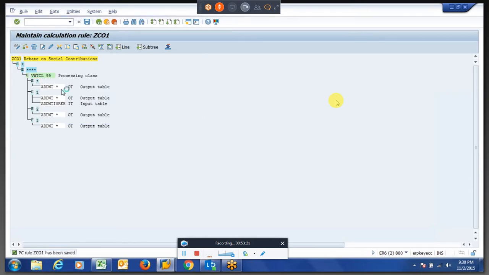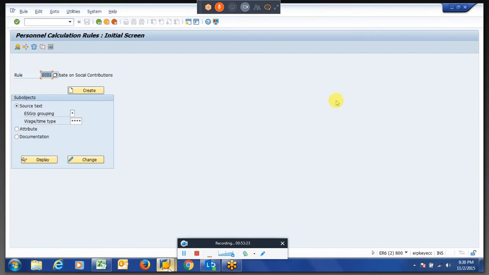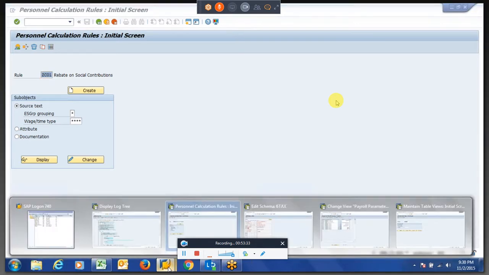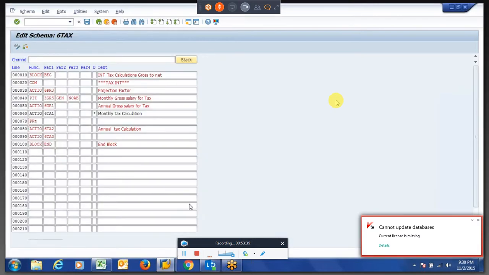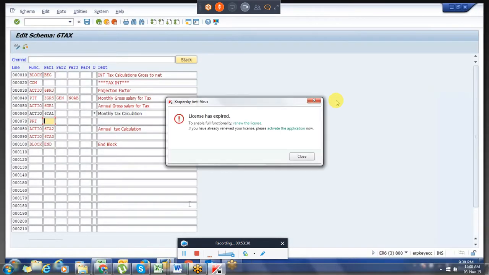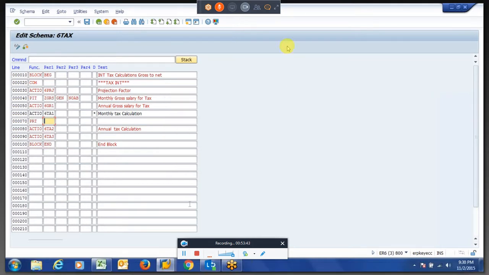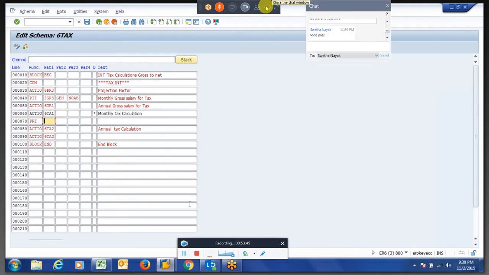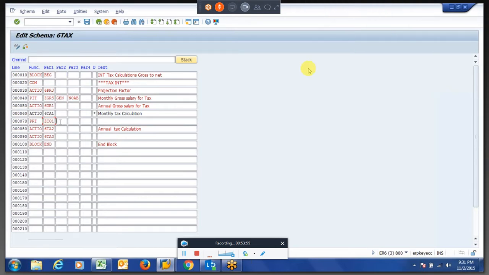So what we will do is, instead of calling with PIT in the schema, we'll call it with PRT. So the input can be RT. In the RT, it will check what waste types belong to a particular processing class.